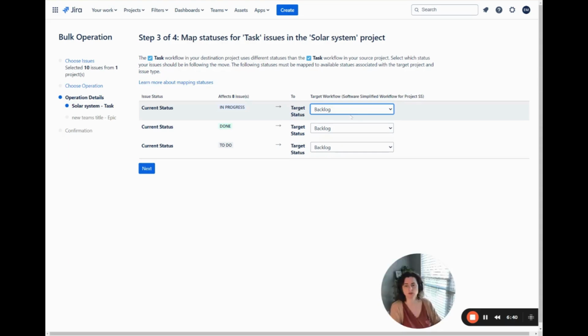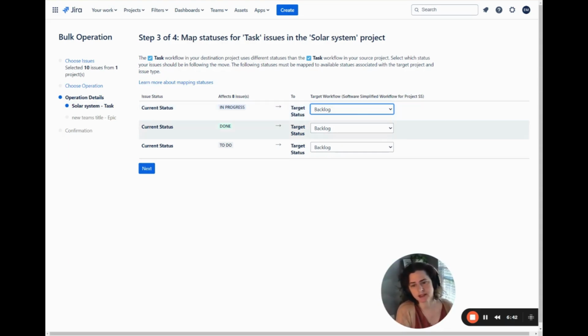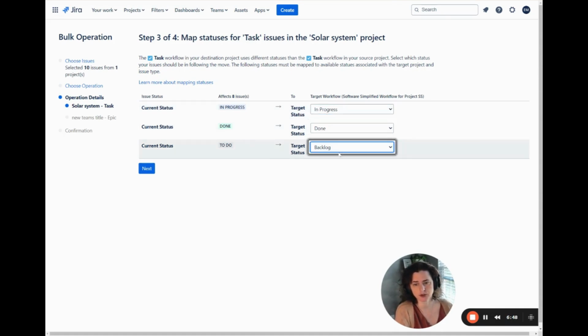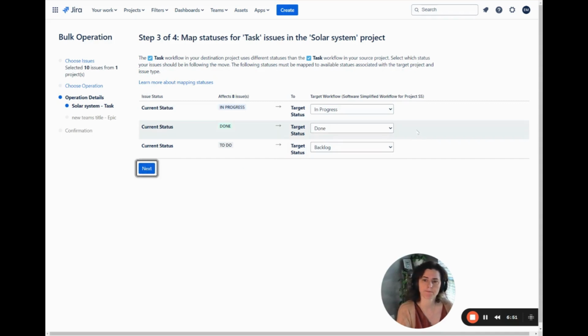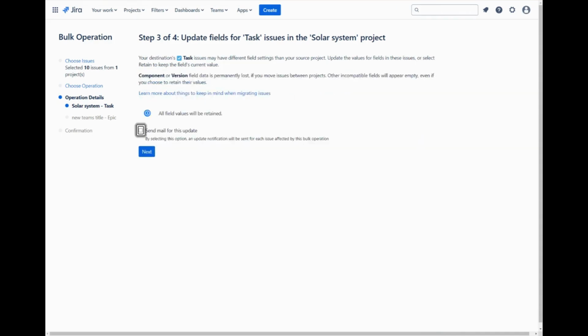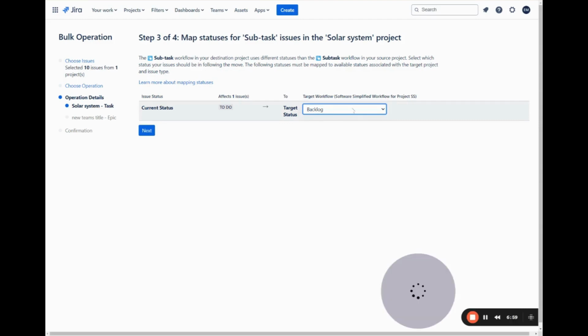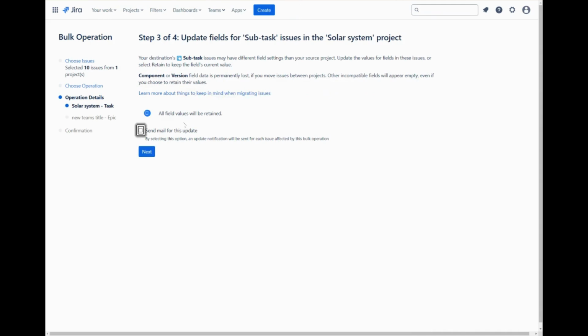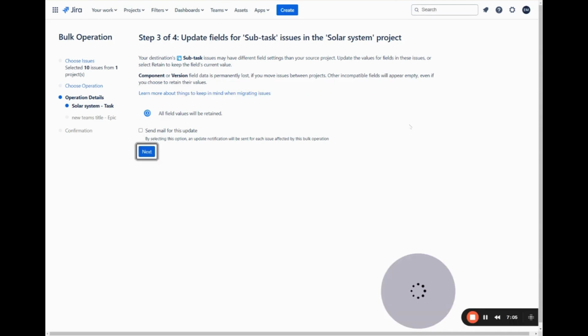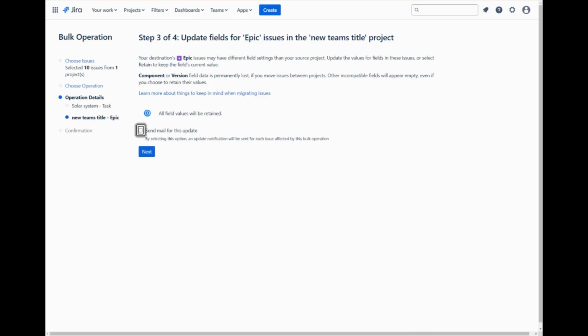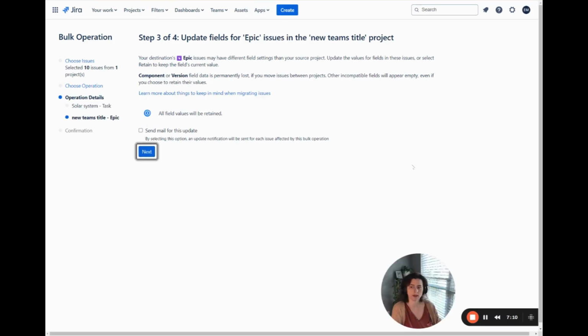Now I need to select what status that they're going to land in. So I'm going to have my in progress go to in progress, my done go to done, and my to do go to the backlog. All fields will be retained. I'm just making sure that the status will land in the backlog unless there was another status that you wanted it to land into. And now for my all, I'm going to hit next